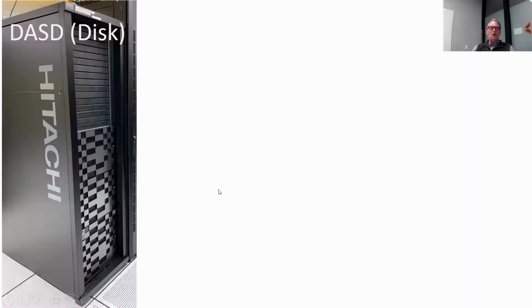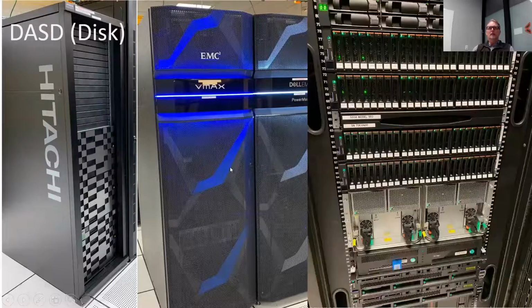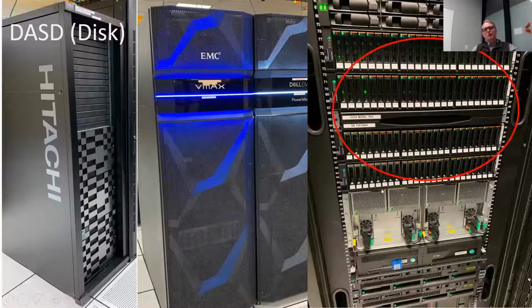Now, mainframe technology looks pretty much like you would expect any other server type storage to look like. It's a Hitachi example, Dell EMC examples. This is an IBM example. But the idea is it's really all either solid state or spinning drives on their side that make up all that capacity. So you no longer have rows and rows of all disk. You have a single bank of disks.